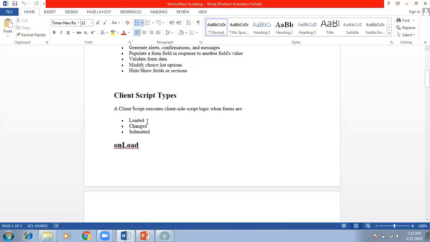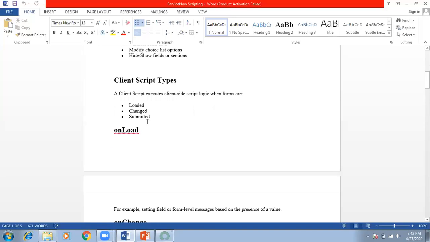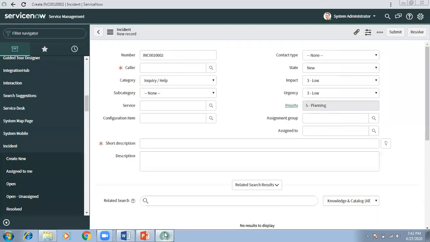Now coming to the technical part of client script. We have four types of client script in ServiceNow: onLoad, onChange, onSubmit, and onCellEdit. As the names suggest, they run on different events. onLoad runs when the form is loading.